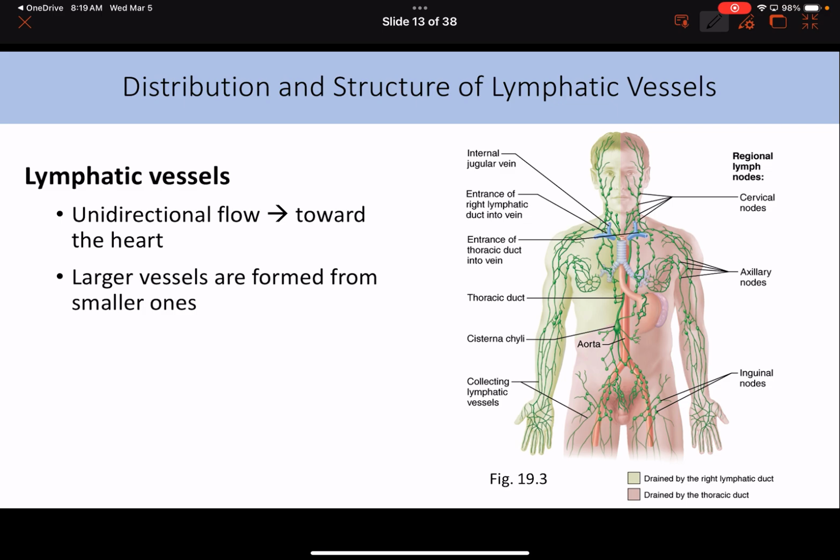So lymphatic vessels, it's just a unidirectional flow toward the heart. We pick up the excess fluid at the capillary beds, and then we dump them into the subclavians. No matter where it's coming from, it's going to the subclavians on either side. Larger vessels are formed from smaller ones. So we start with lymphatic capillaries, and the vessels get bigger and bigger all the way until we approach the subclavian veins. So the order of these vessels from smallest to largest are lymphatic capillary,